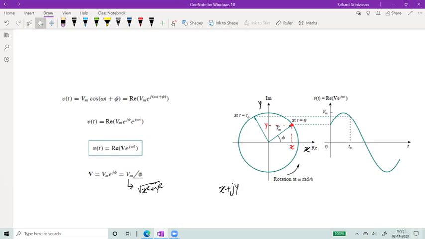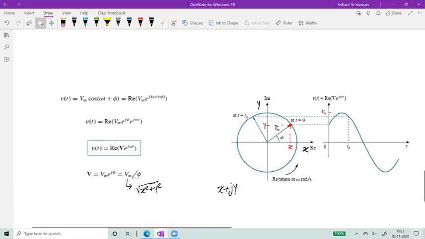And now supposing I want to say that this is a cosine function, then if I want to draw the function as a function of time, the x-axis is time. Then what you can notice here is that as time increases for this phasor, this is some voltage. The V is what? Vm angle phi. What is the dependence on time over here? Nothing. Because this is a constant. The only time dependence is coming from the j omega t term.